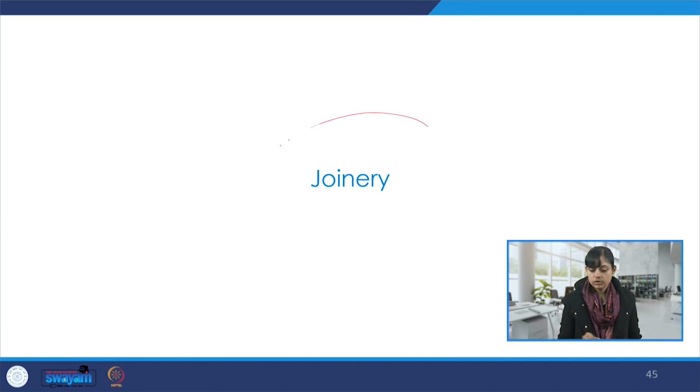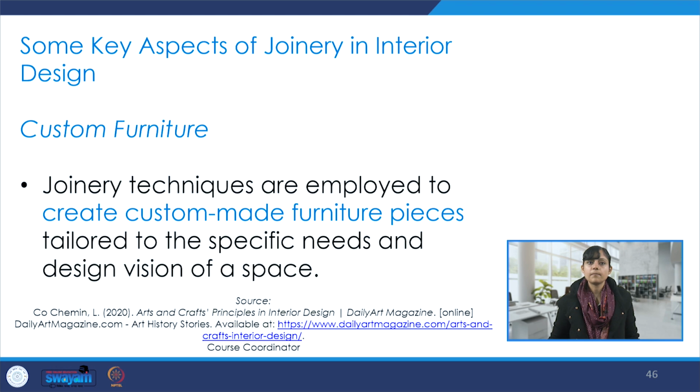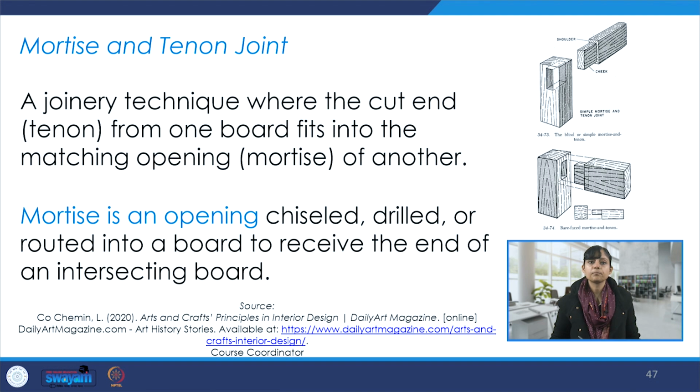Then, of course, we talked about joinery, not necessarily experimental, but popular and common when we talk about interior architecture and design of interior spaces. And we talked about the importance of joinery specifically when we are custom designing furniture, more so in the case of custom made designs. And of course, it was an overview discussion on popular kinds of joinery.